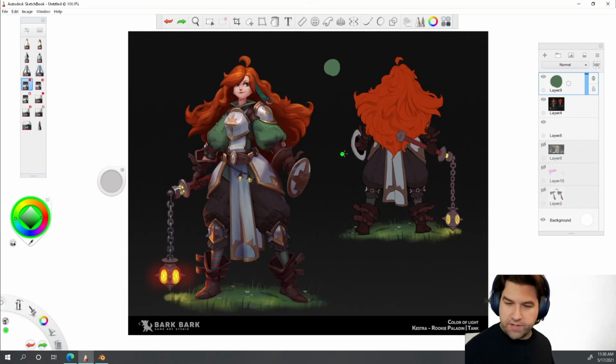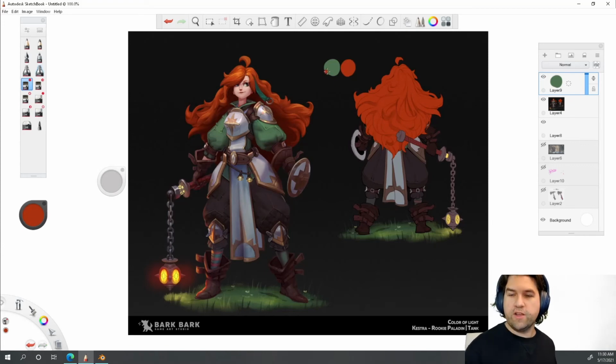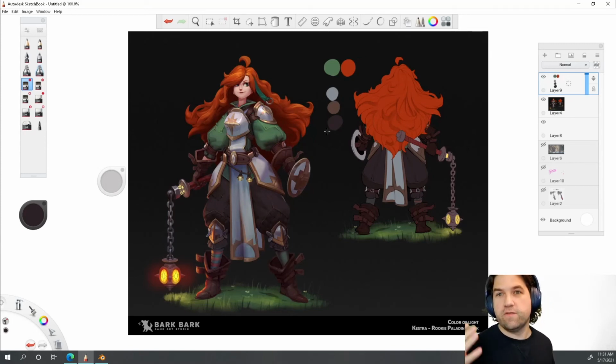Now, kind of going in, let's look at the next major color, which is her hair. And we put it next to it, and we can see we're getting green and red contrast. It's using a green-red sort of complementary contrast method. And now let's look at these other areas, all of the other supporting areas, the whites, the golds, the browns. I want to show you what happens when I start putting them next to each other. Suddenly this gold doesn't look nearly as gold, and we can see that these three colors are basically the same color, just in different values and saturations,